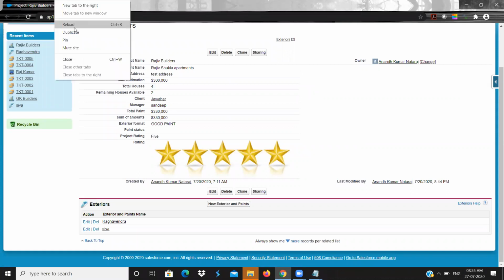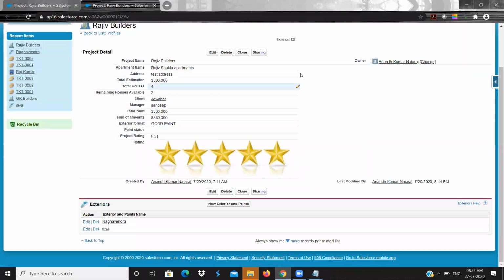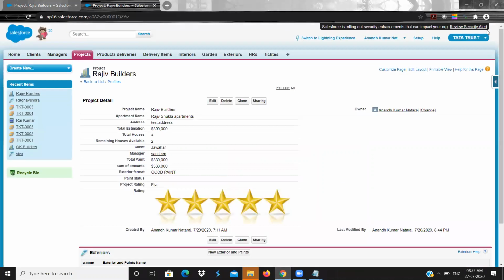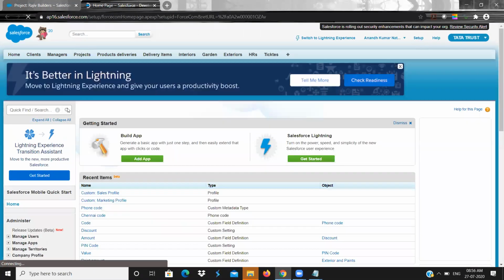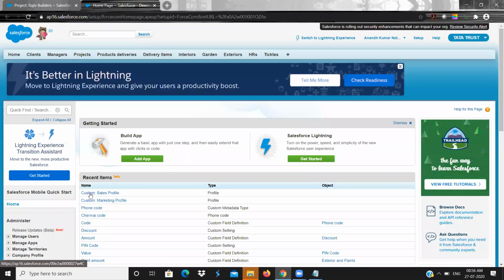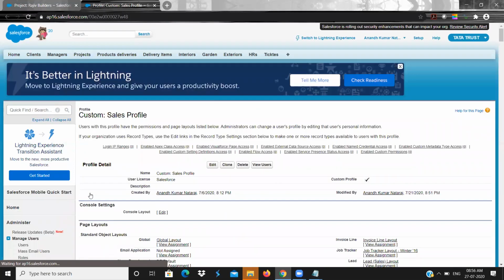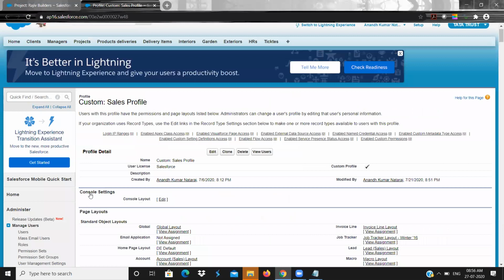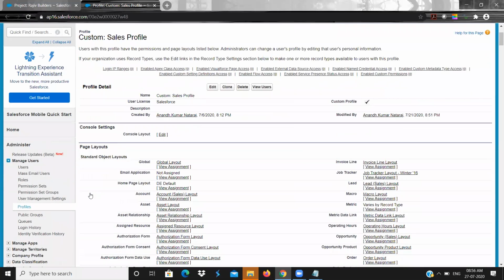We'll open on profile. Now go to setup. Search for this is the on profile, custom profile. See, before clicking on the edit button, what can I do?